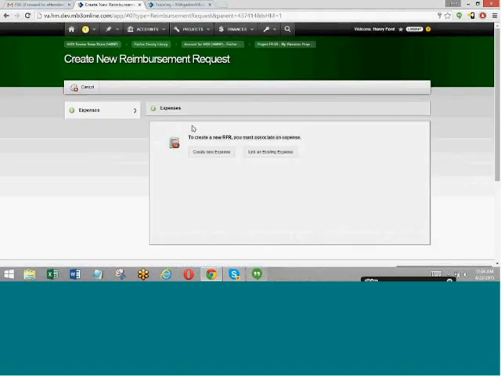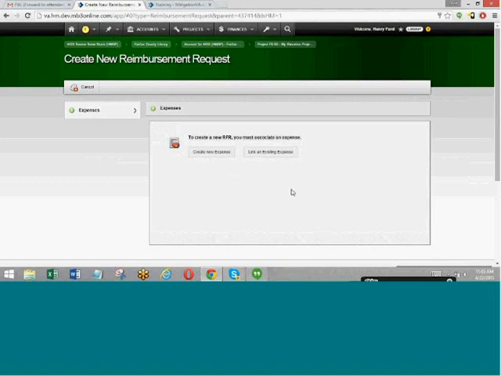And now you see two options here. You see a Create New Expense option, and you see a Link an Existing Expense option. We can create a new expense from scratch. So if you opted not to log the expense at the project level, over time, maybe you have an invoice in front of you right now that you immediately want to submit as a reimbursement request, you can do that. You just click New Reimbursement Request, and create new expense, and then type in the information, upload the invoice, etc. So you can do it that way.